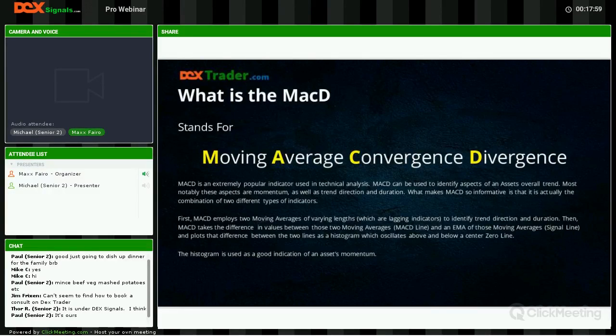Hello, everybody. This is Max. This is DexTrader.com, and this series is about the MACD, what it is good for, and how we use it. Well, first off, the MACD stands for Moving Average Convergence Divergence. This is a very important indicator for everybody to get familiar with. We'll also be doing later versions of this with the stochastic and a couple of other things, like support and resistance. These are a more advanced way to look at this process. But for all of you to know what the MACD does and how all the different components work, it's very important before we get started talking about this